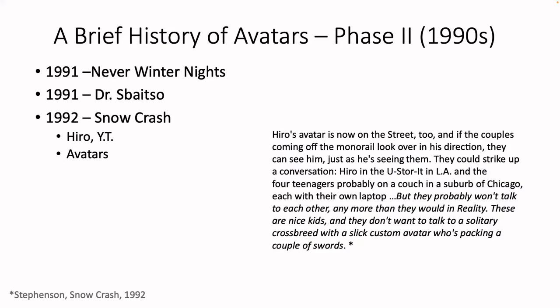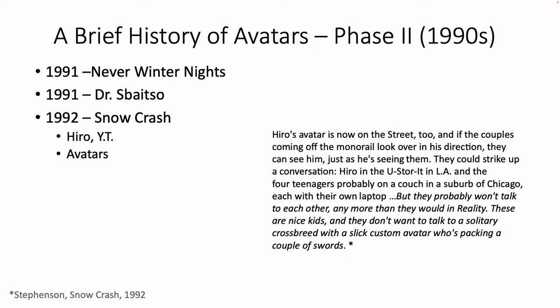And in this next paragraph, he's trying to convey the idea that Hiro could be in LA, and there are these teenagers that he's seeing. They could be on a couch in a suburb of Chicago, each with their own laptop. Again, a pretty new idea at the time. But I've italicized this part here. They probably won't talk to each other any more than they would in reality. They're nice kids. They don't want to talk to a solitary crossbreed with a slick custom avatar who's packing a